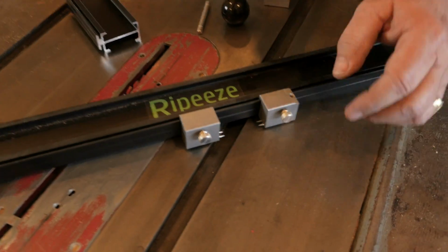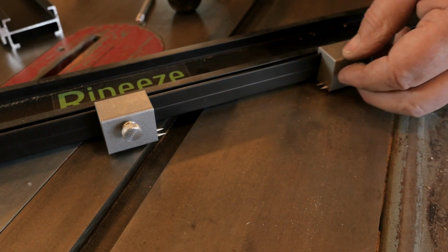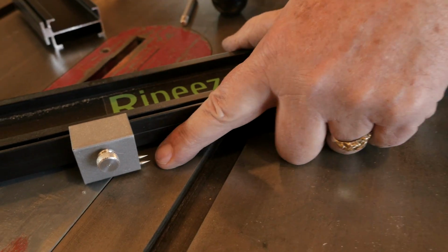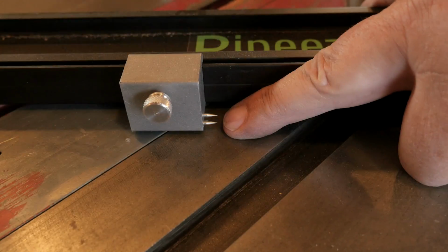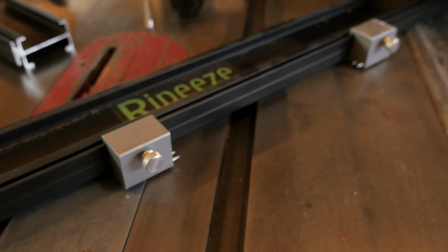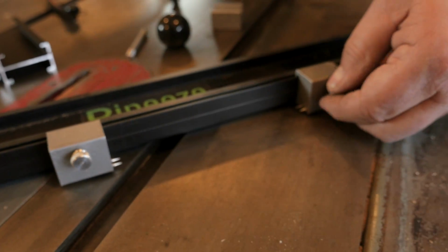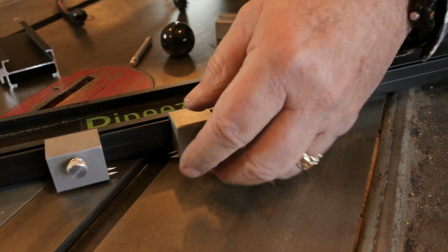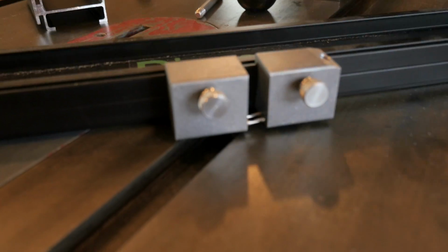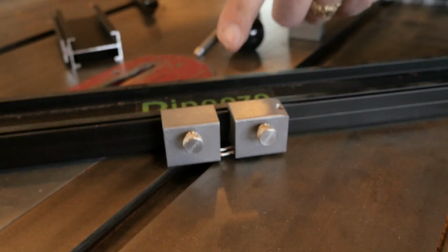The first thing is there are these adjustable blocks that slide very nicely and are very solid. But you'll notice there are some needle sharp hardened steel pins on both sides of this. Well, this is what's going to grip the wood in a few minutes here, but these, with just a little bit of pressure, you slide these. Now, when you're done with the tool each time, Frank really recommends you do that right there and close that up to get those pins so they're not out in the open, because if they get you, they'll get you